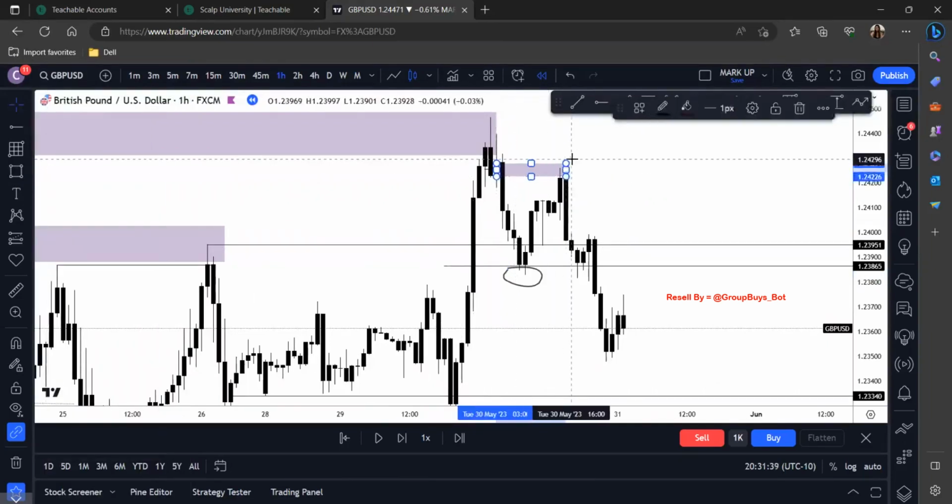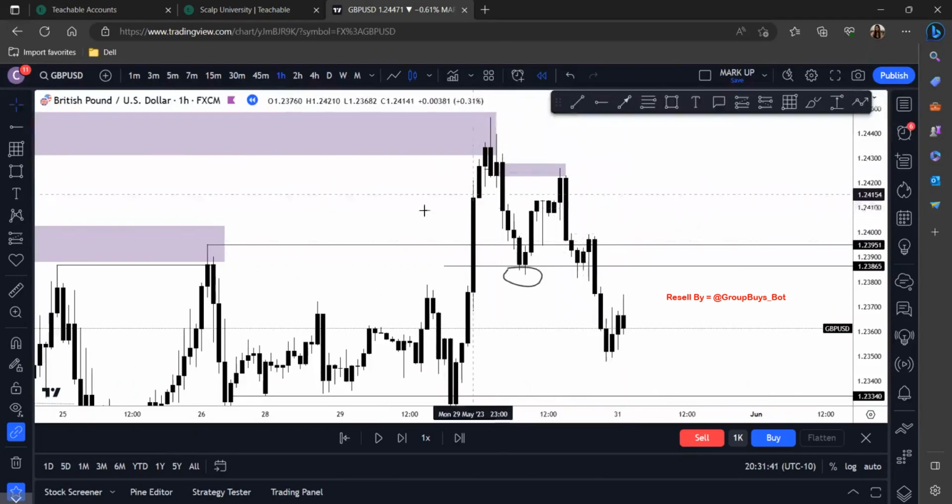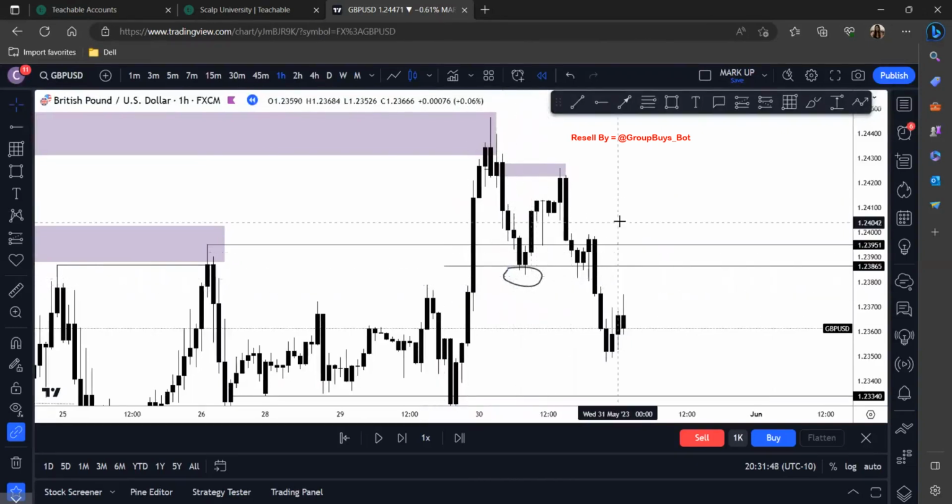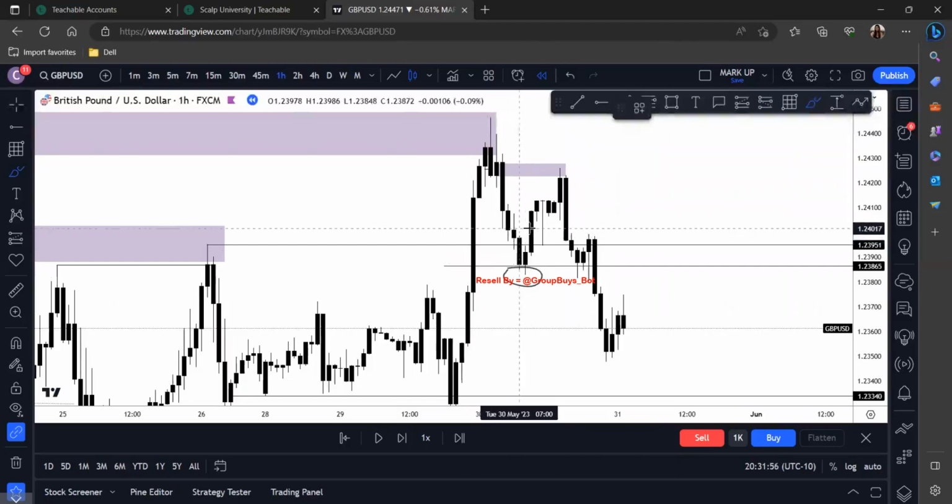Bam, we hit this area, right? But this is what I want you guys to understand too. This can be taken as liquidity, okay? The reason why this can be taken as liquidity is because what happened here? We had a reaction at the equilibrium. Price broke up. Yeah, it may have broken structure here on the lower time frame, and you definitely could have capitalized on that, but we're not into lower time frames right now. We're just paying attention to the higher time frame.